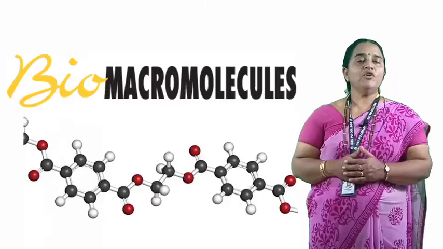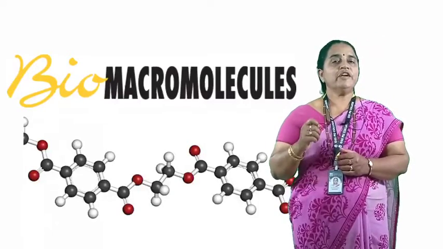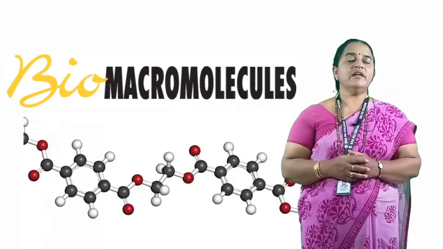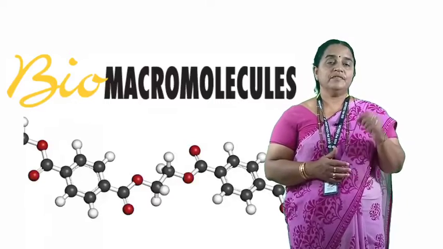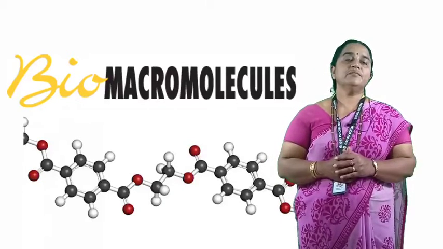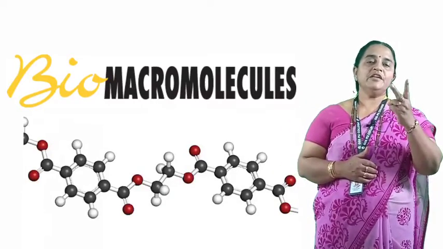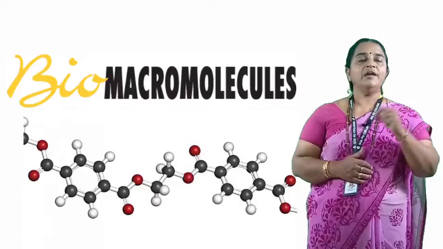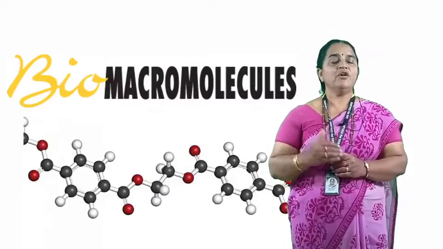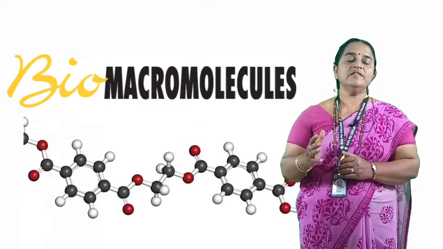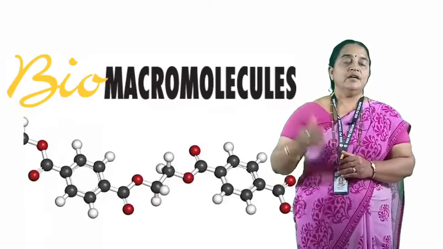Here, the macromolecules, when they are polymeric in nature, the molecular weight is always more than 800 Daltons or more than 1000 Daltons. These are basically organic polymers. Under biomacromolecules, mainly we include proteins and carbohydrates. Proteins are polypeptides, carbohydrates are commonly known as sugars, and the polymeric form we call polysaccharides.